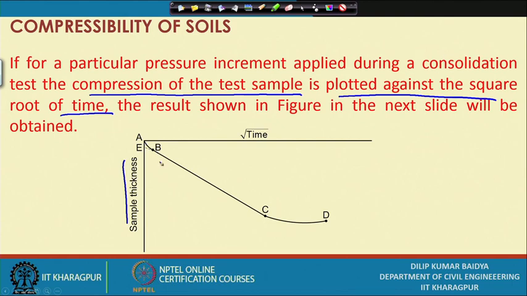Initially a small curved portion, then a sufficiently long straight portion, and then again another curved portion. So, they have different names, different locations. This is actually initial compression, either elastic, you can say, or particle adjustment, breakage of particles etc. Because of that, this small portion, and when those adjustments are established, then consolidation will take place. B to C is the primary consolidation, and this one will be secondary consolidation, and many other things can happen here. So, there are 4 parts. We will explain one by one what those are.